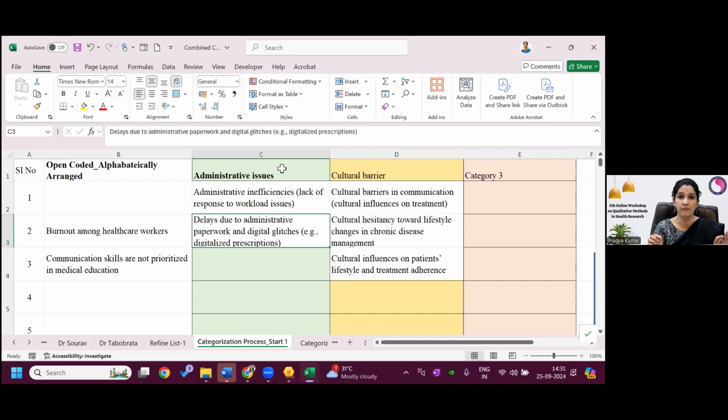Are you getting my point? Till now, I have not talked of subcategories, but once you have a broad category of administrative issue, you can classify further. But that is only possible if you have coded as a splitter. That's why it is always desirable to do the splitting sort of coding, because then you can classify each and everything. If since the beginning you have kept a very broad code, administrative issues, everywhere, then you cannot have those subcategories under that administrative issue. Are you getting my point? Am I making myself clear to all of you?